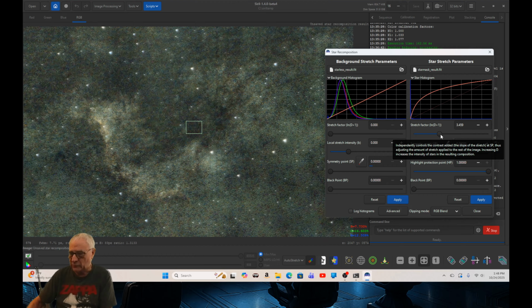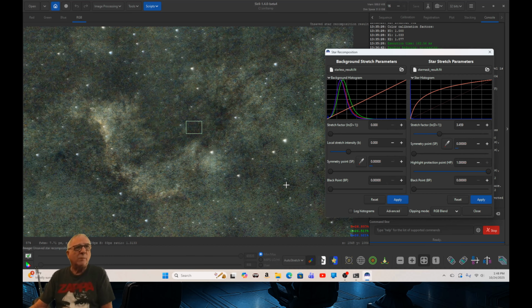It does seem like there's more art than science to this sometimes. Okay, anyway, so I boosted the star mask a little bit and brought in a few more stars to make this image look a little better. The image is still real noisy, and